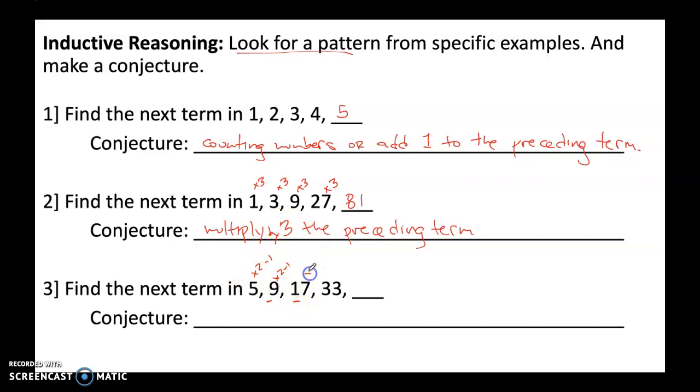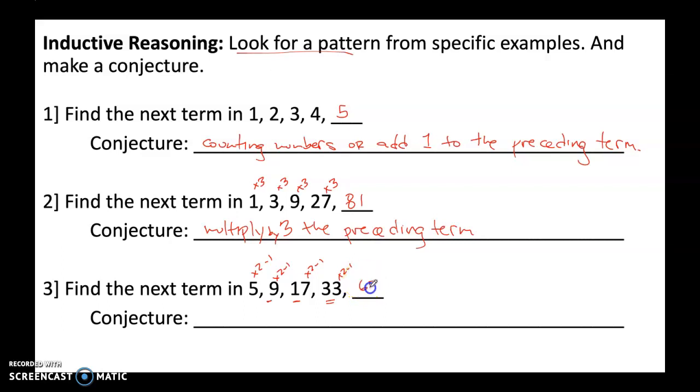Next, 17 times 2 is 34, minus 1 is 33. So the conjecture that we can have is we multiply by 2 and then subtract 1 to get the next term. So 33 times 2 is 66, minus 1,